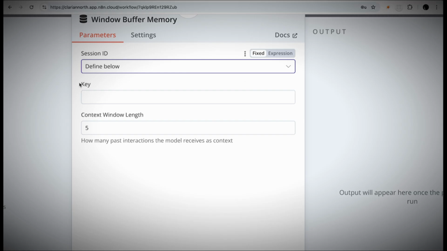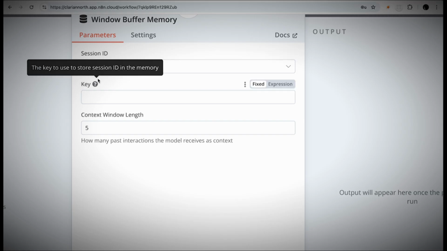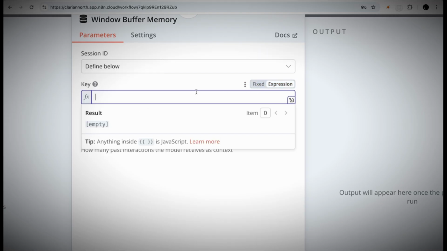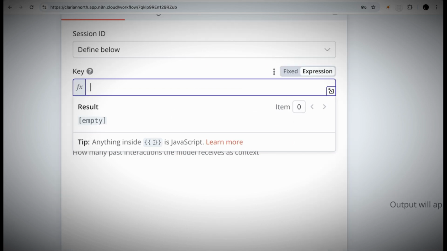It will make sense. And the key, which is basically what we're using to store the session ID in memory, we want to switch it out from a fixed position to the expression of the messages that we're receiving from our WhatsApp trigger. We can do this using JavaScript. We enter JSON notation, which is JavaScript object notation. These are objects, and that's all a bunch of jargon to say that all the information being passed through the